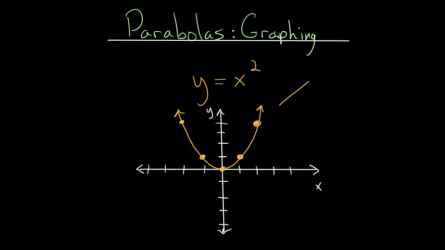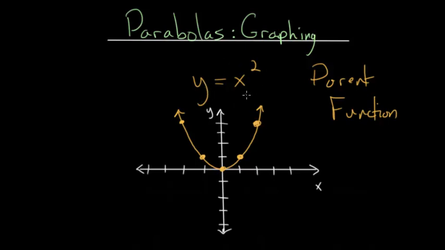And we were able to graph this using a table, just picking particular x values and plotting what their y values would be. For instance, an x value of -2 would give you a y value of 4. And we basically just picked a bunch of key points, plotted them on the coordinate plane, and then connected them with a curve. So this is what the essentially parent function looks like, where this is essentially the simplest parabola